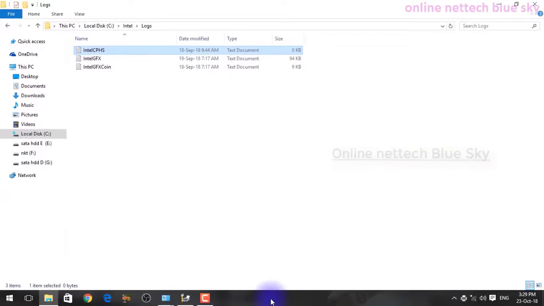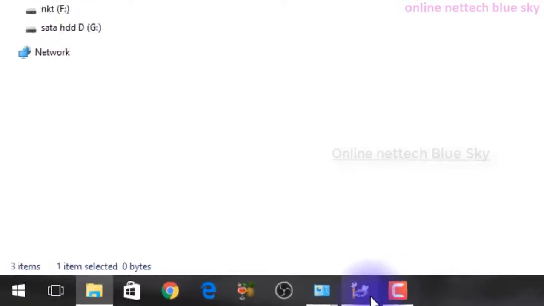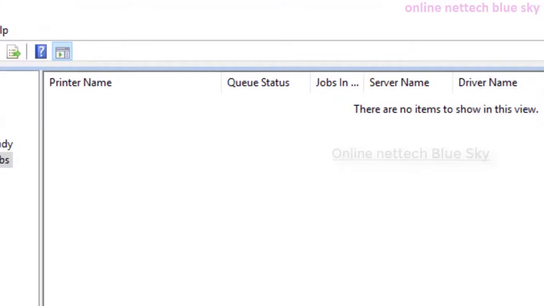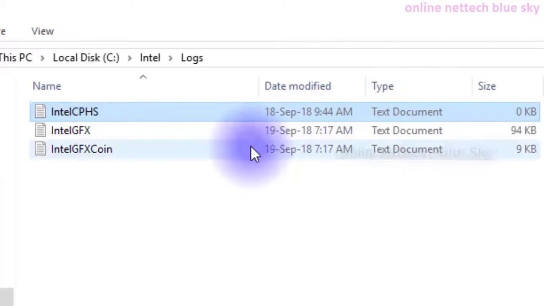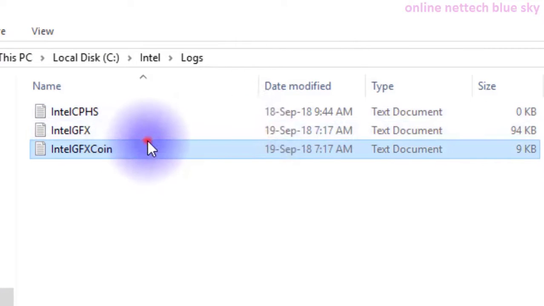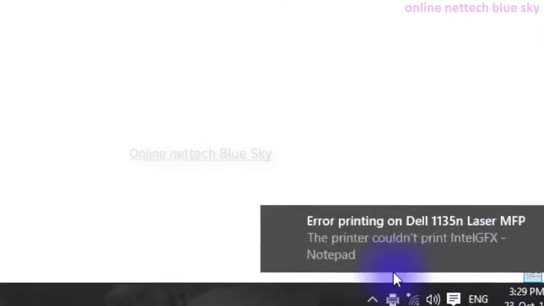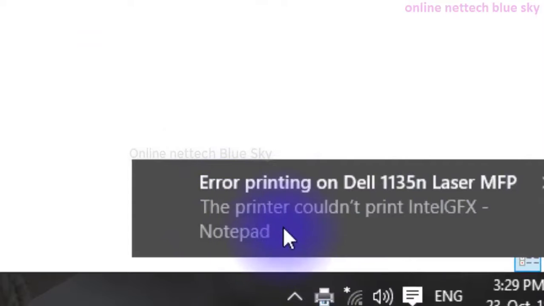So you can see I'm first printing here. You can see the printer and the printer job; there is nothing here. First we start, and the first file is 0, so you can see this type of error printing here.